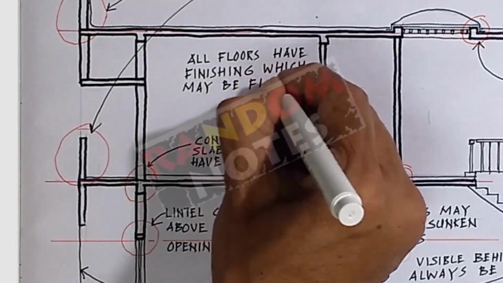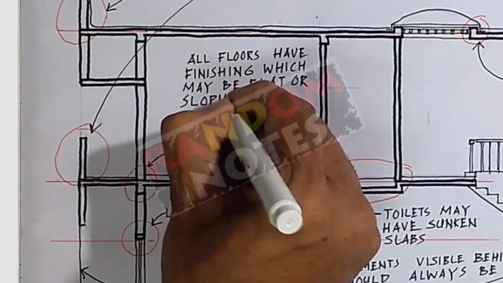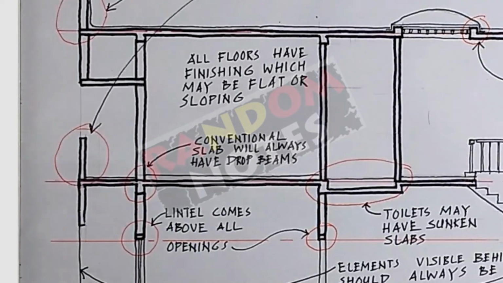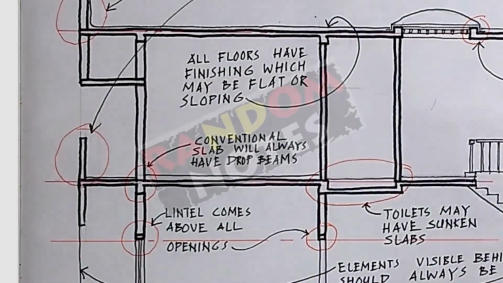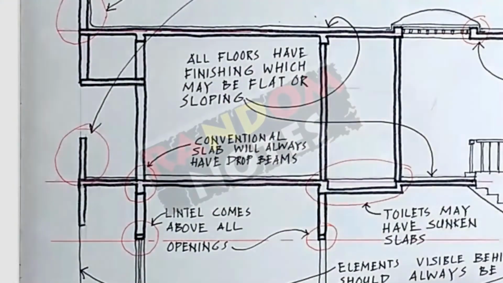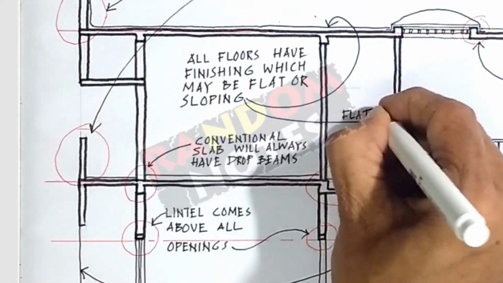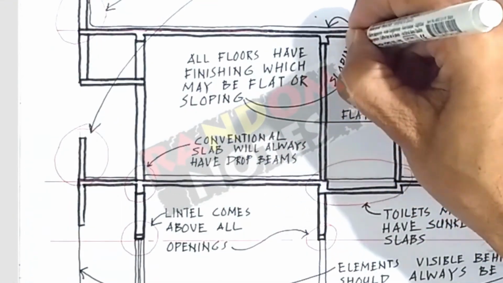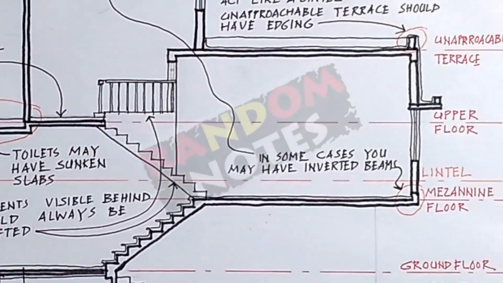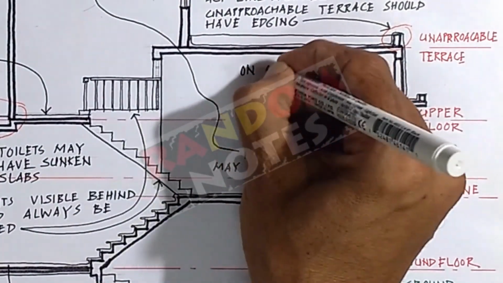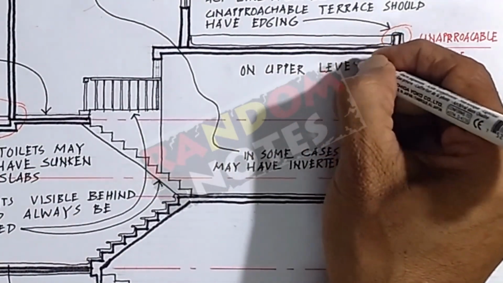The slope is given in the floor finish so as to drain out water, like in toilets and terraces. On upper level, the floors are made in reinforced cement concrete, whereas on ground, plain cement